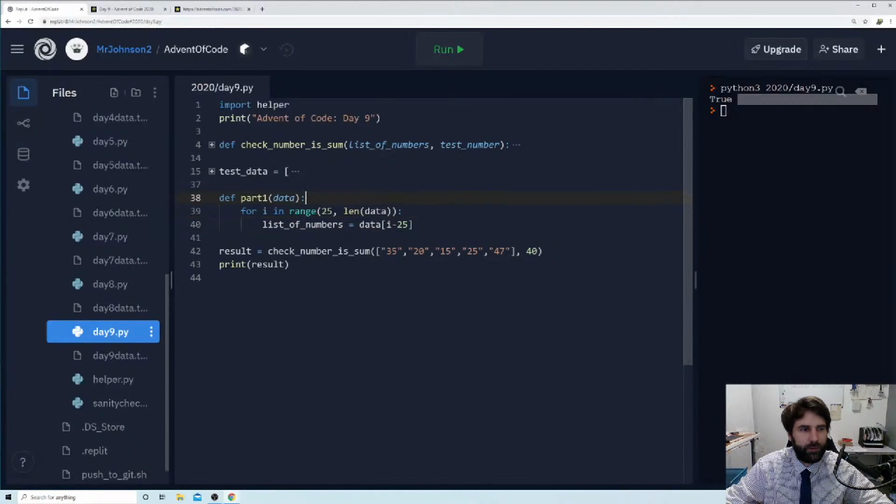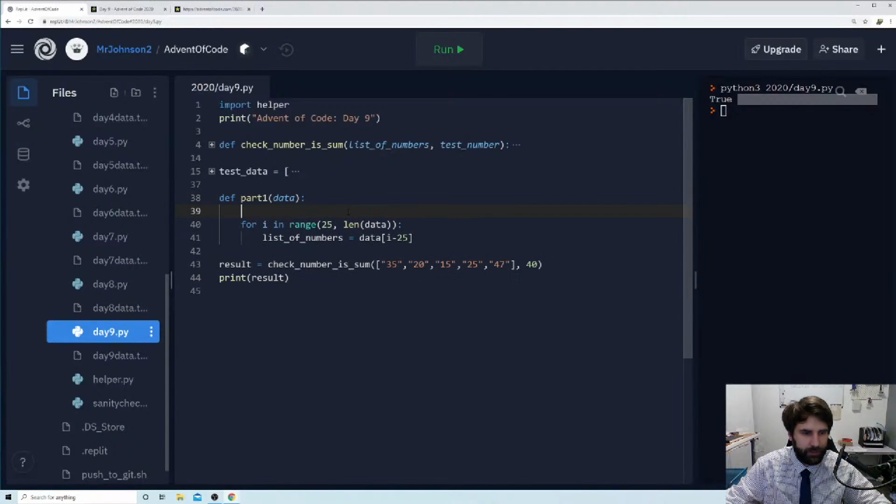And actually, I'm going to create a variable called preamble size, and we're going to set that equal to 25 because I think this is going to be a useful variable for us. And I'm going to say i minus preamble size. Oh, don't want that in square brackets.